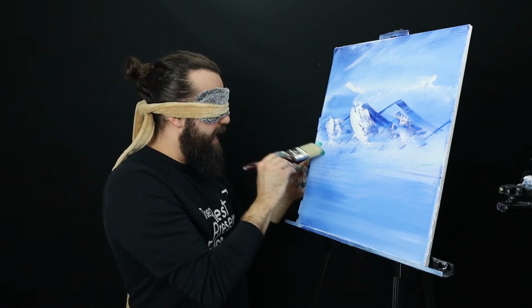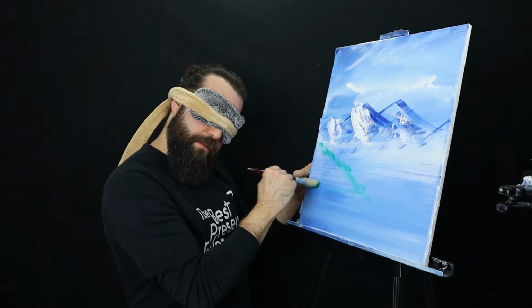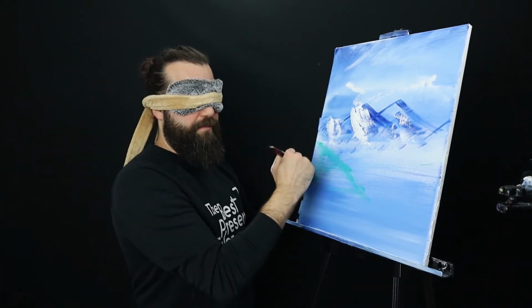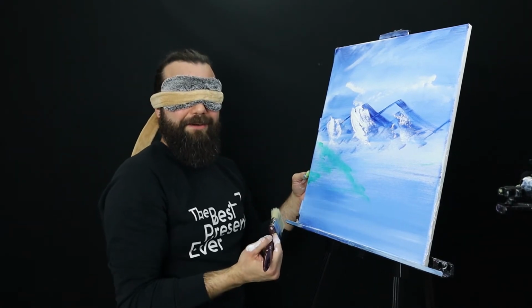Okay, so we just want big taps. Kind of like that, and then cut back across. What was that? There's a note. Great. Fill that in. Is there even anything on there? Oh, there